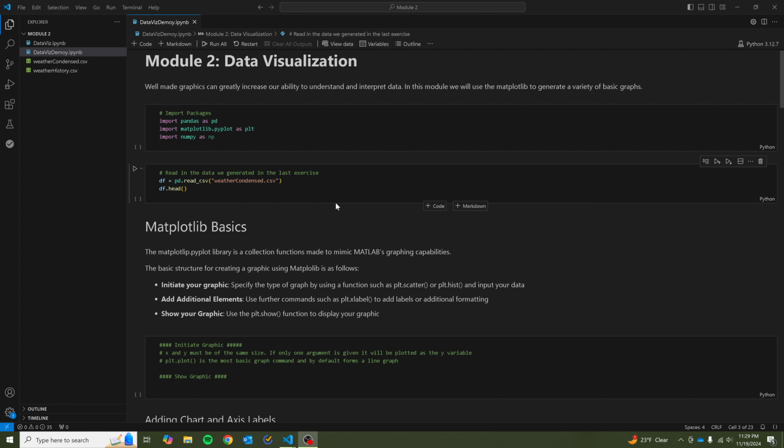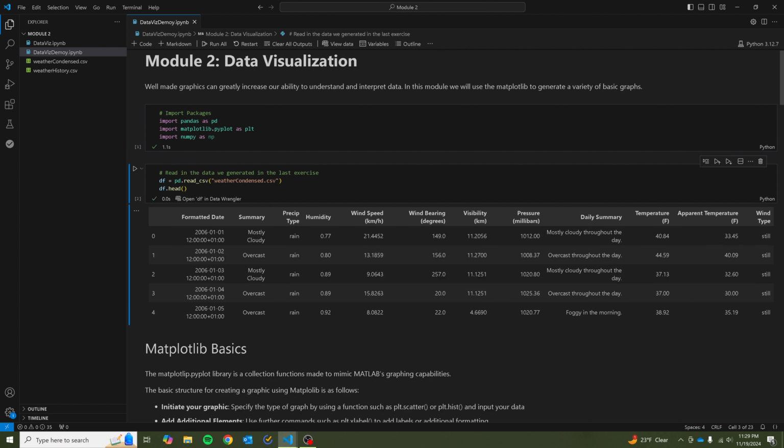When it comes to graphing in Python, Matplotlib is your base package. So we're going to go ahead and import it along with pandas and NumPy. In this video, we'll be using the dataset that we cleaned and condensed in the last video, which is this